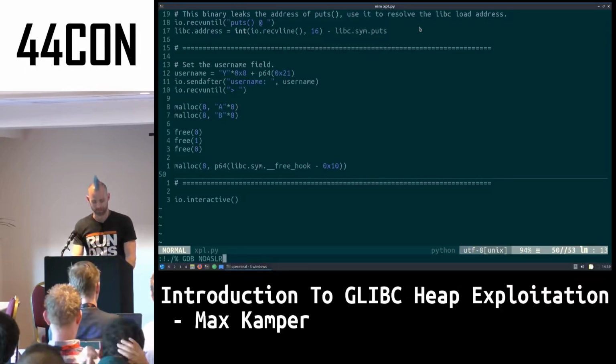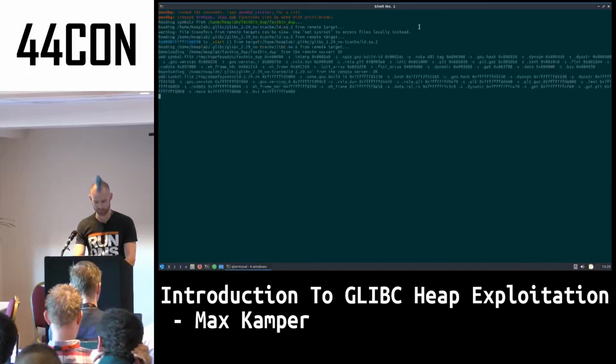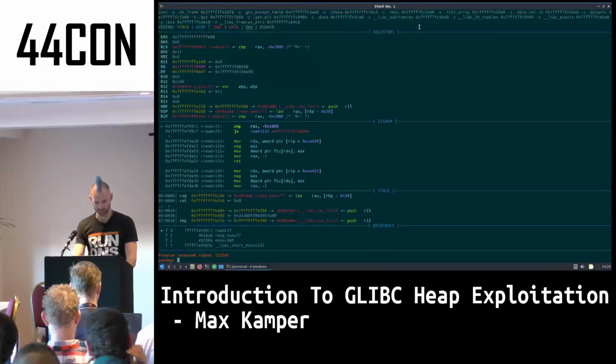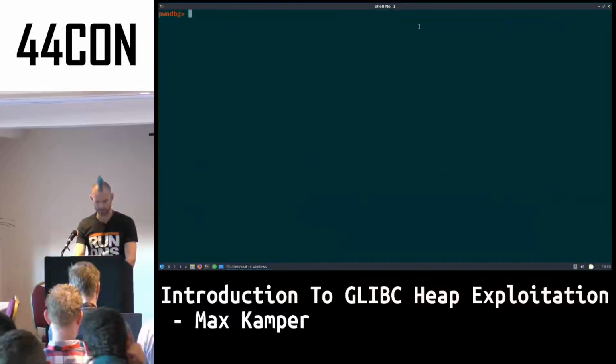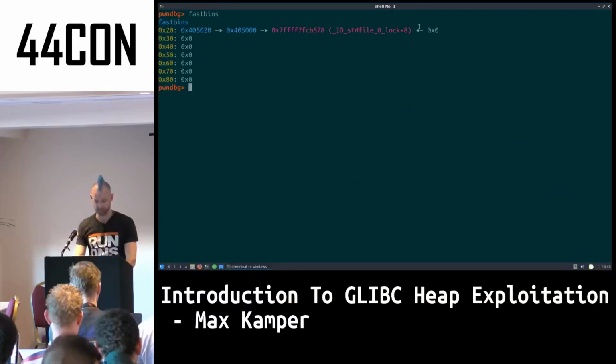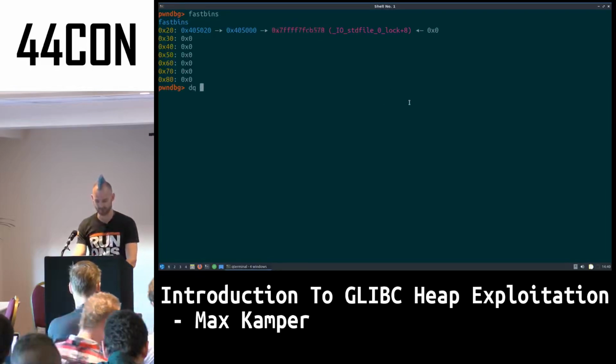Once you've got that, run this with GDB, with the GDB and no ASLR options. Control C. Whoops. And we are going to use the fastbins command. And as we've expected, we've linked some sort of libc address into the 0x20 fastbin. We can use dump quad